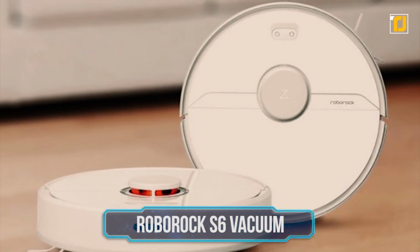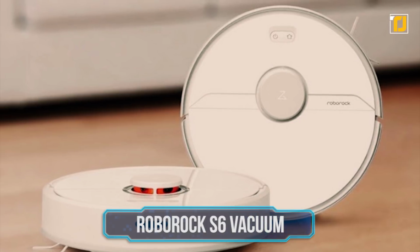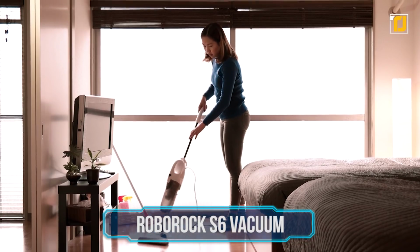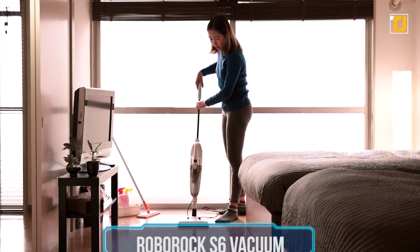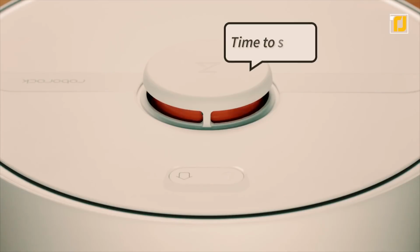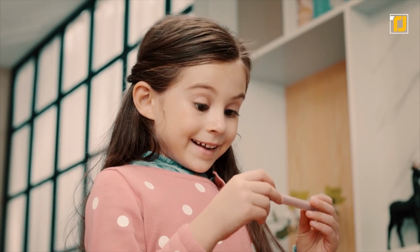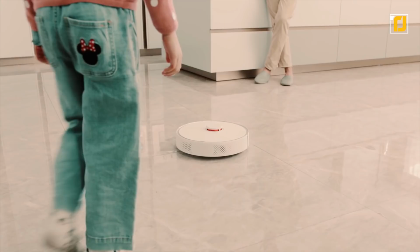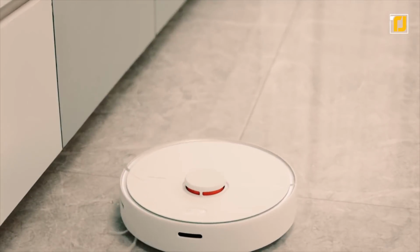Number 1. ROBOROCK S6 Vacuum. A clean bedroom is a blissful bedroom. But who's got the time and energy to do all that cleaning on a daily basis? The ROBOROCK S6, of course. The ROBOROCK S6 Smart Robot Vacuum Mopper plans routes to clean your home faster and better than perhaps even a housekeeper could. Using adaptive routing technology, the ROBOROCK maps your home and plans the best routes to vacuum and mop